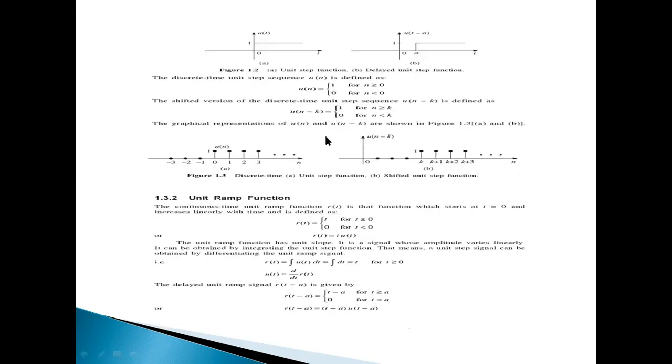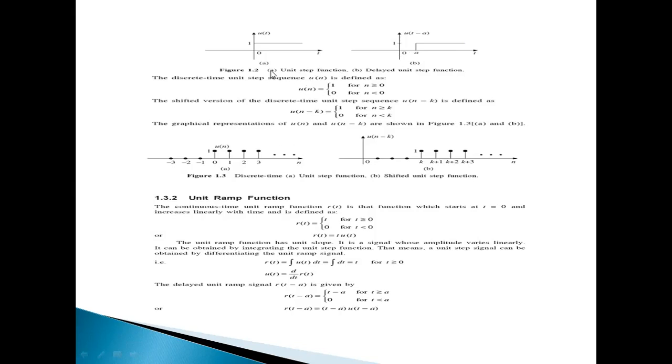And coming to the graphical representation of the step, showing mu of t is like this, with only the positive values of t and 0 for negative values of t. And this is a shifted unit step function with a samples towards the right side, because it's a delay function. It starts from a, and before that the value is 0.